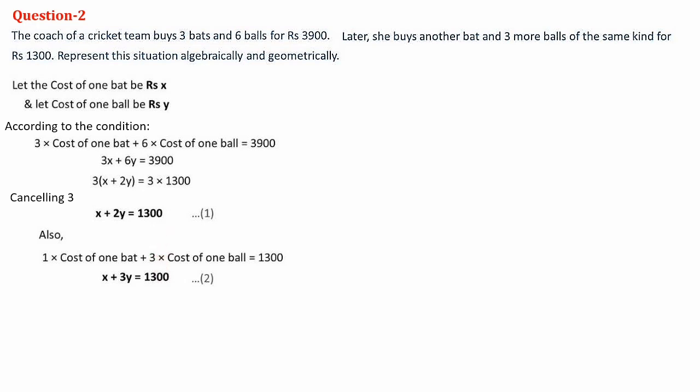For that, let's make the table of values. So as before, we have to take the first equation, x plus 2y is equal to 1,300. As I have said before, you can take any value for x and any value for y. Make sure that whatever values you are taking, it should stand within the graph sheet. That is the only condition. So here, first time I am taking x is equal to 300, because the 1,300 and all is there. So we have to be careful when you take the numbers. So first of all, I am taking x is equal to 300.